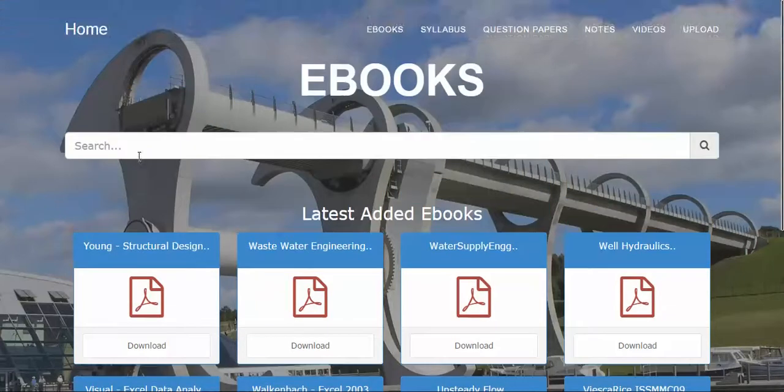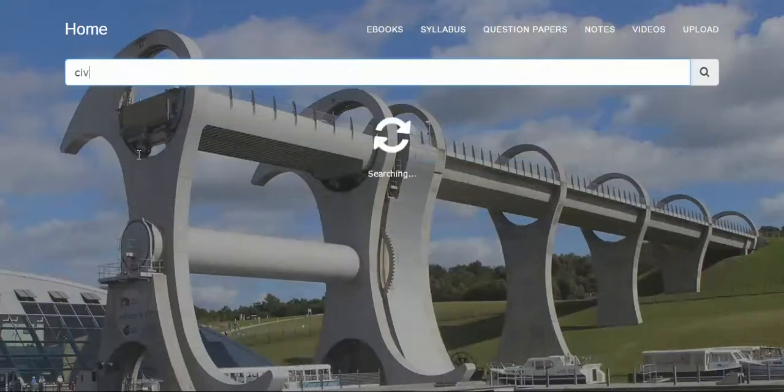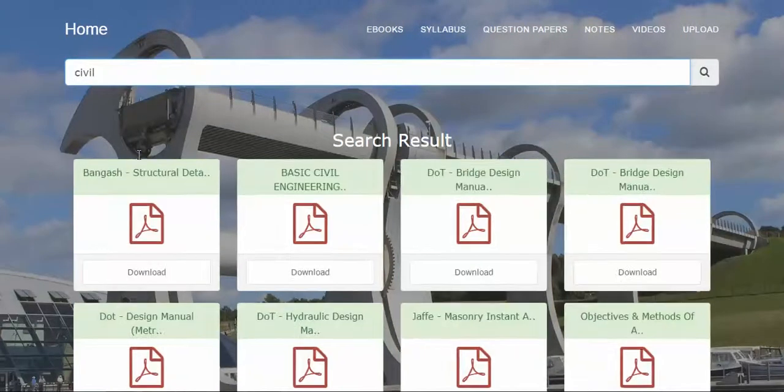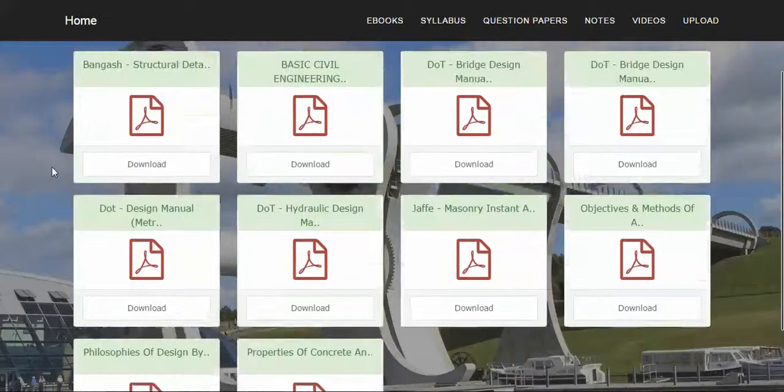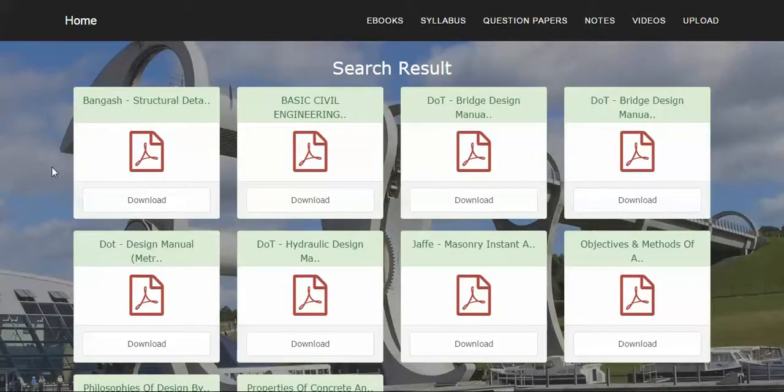So now I want to search for an ebook related to the keyword civil. When I type the keyword civil, I get some results related to civil. I think there are a total of 10 results related to the keyword civil.